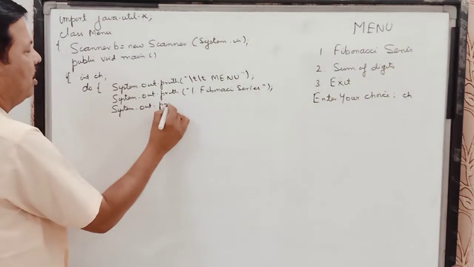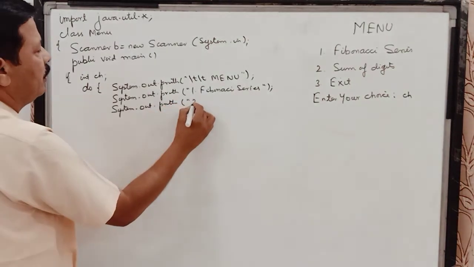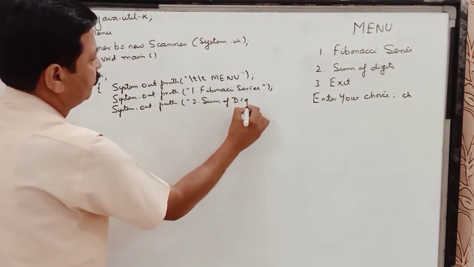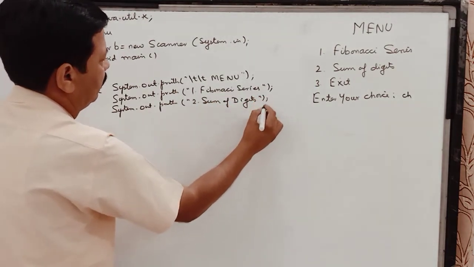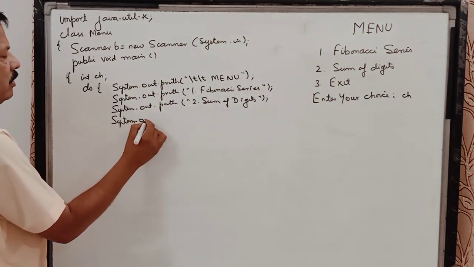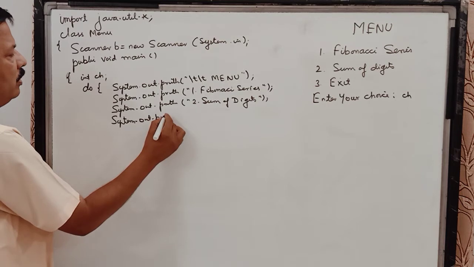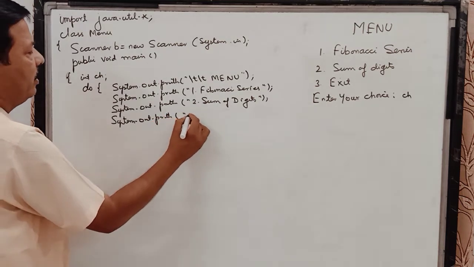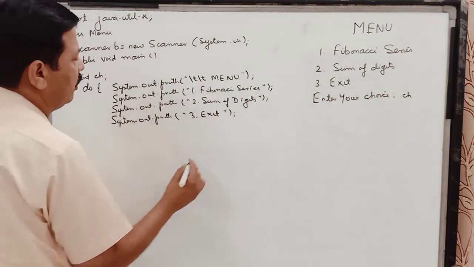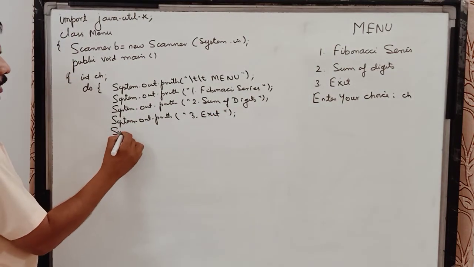So System.out.println 2 is sum of digits. And children, the program on sum of digits also we have already done in the videos under the heading modulus. And the third option is exit, and then we enter the